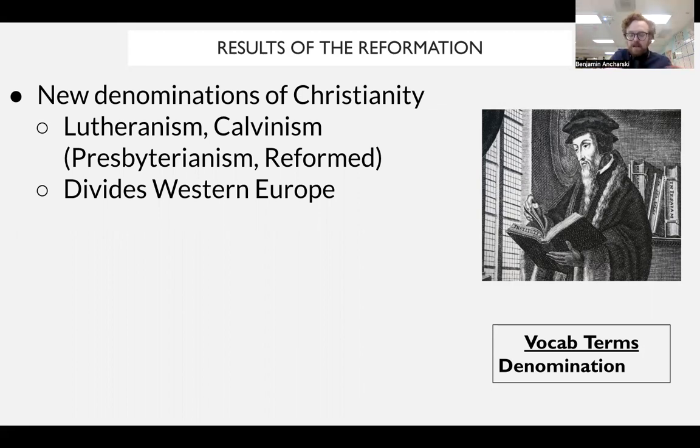But Protestantism has like a billion different forms of Protestantism. There's Lutherans, there's Calvinists, there's Presbyterians and Reformed churches. There are Anglicans, as I mentioned before. There's Baptists and Methodists and other groups. Technically, Mormons count, but that's a controversial thing. But the impact of the fact that there are new denominations is that religion is no longer a unifying force in Western Europe. Sure, they're all Christian, but they're all different types of Christian.